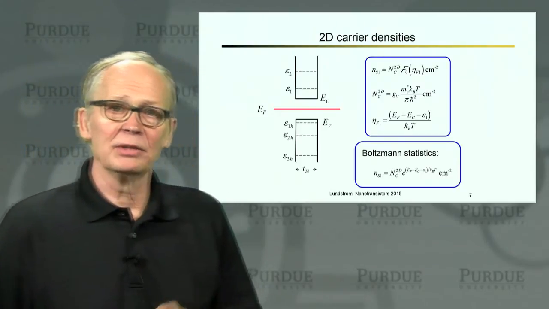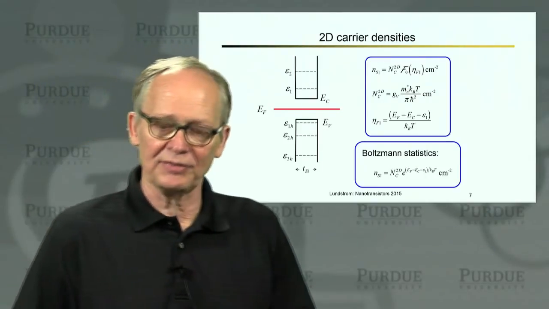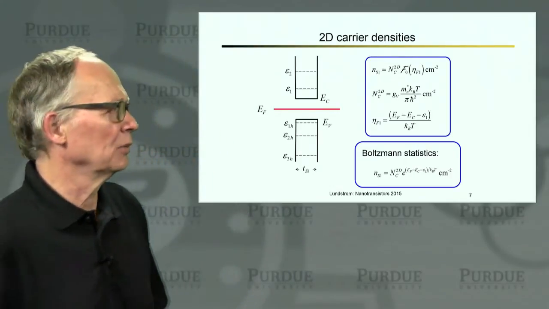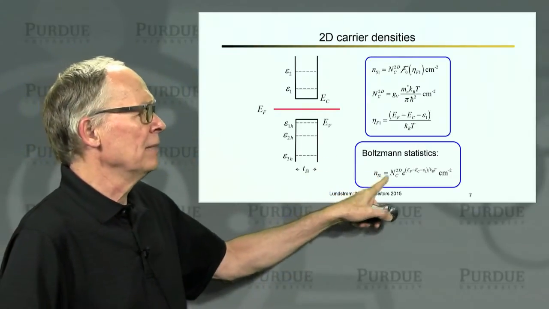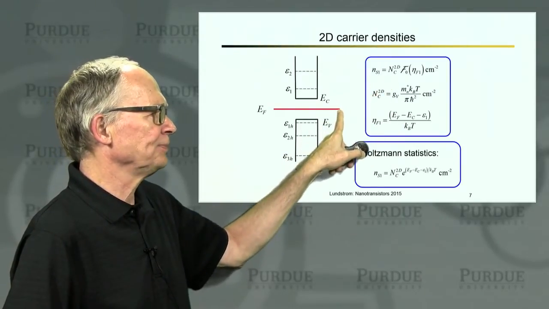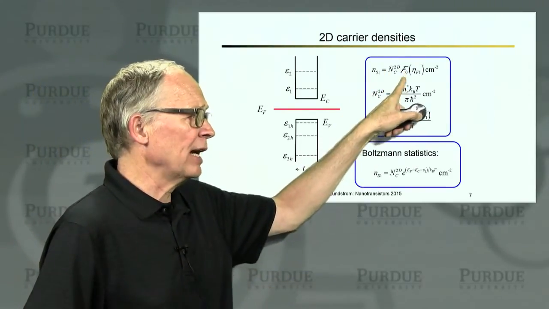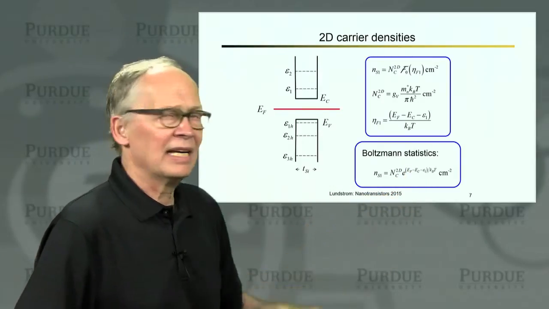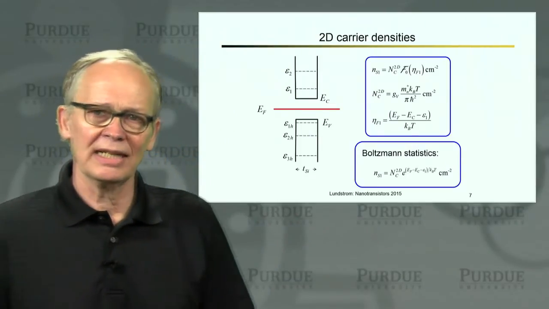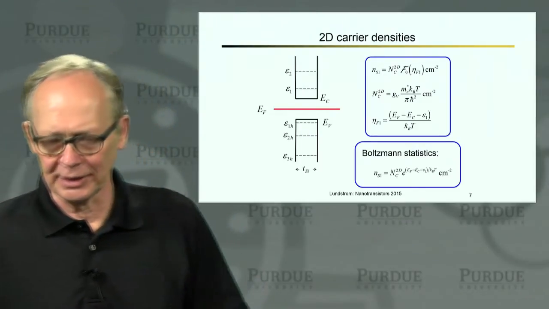Okay. Now, we are going to assume Boltzmann statistics just to make life simple. Then we don't have to deal with Fermi-Dirac statistics. It works reasonably well, but if we get high carrier densities, we'll worry about it quantitatively a little bit. But when I assume that the Fermi level doesn't get too close to the bottom of the subbands, then I can assume non-degenerate or Boltzmann statistics. Fermi-Dirac integrals reduce to exponentials. And this is the relation that I'm going to use. Very similar to the relation that we used in the bulk, but now this is a sheet electron density, a density per square meter or per square centimeter.